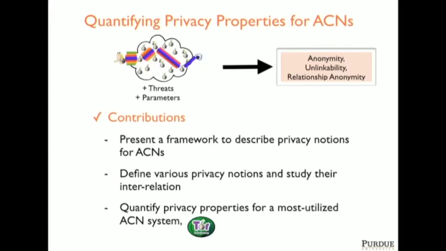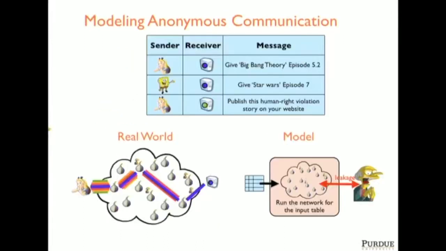Okay, so what we did is we defined these guarantees and then tried to actually measure them in interesting scenarios. So the first thing that we want to do is model this anonymous communication, and the key thing that will be required there is the anonymous communication. We have 3 key messages. Okay, the sender of the message, the receiver of the message, and the message itself. Okay,